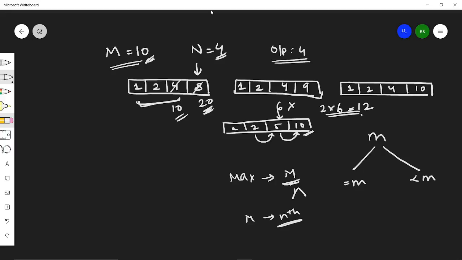So if the last position is equal to m, what would be the n minus 1 position? So n minus 1 position could be at most m by 2, because when you do twice of it you get m. So that is why n minus 1 position could be at most m by 2.